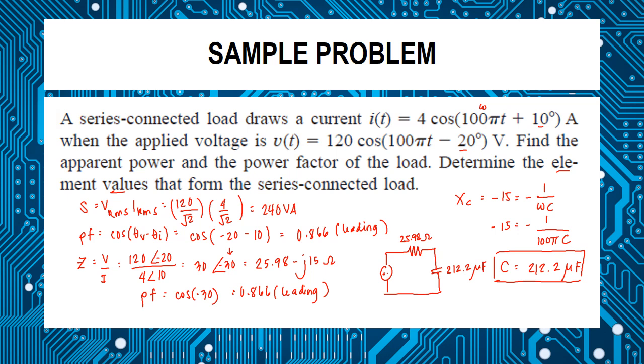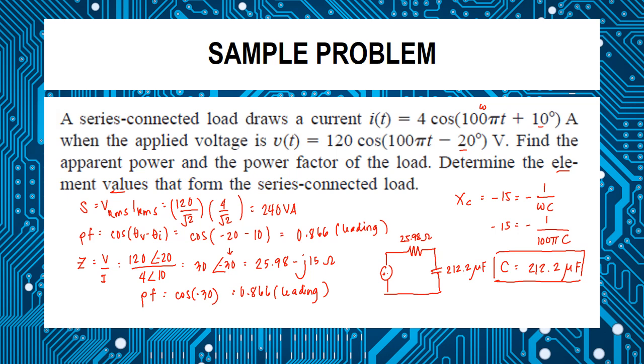And so we have here a sample problem. A series connected load draws a current i of t equal to 4 cosine 100 pi t plus 10 degrees A when the applied voltage is v of t equal to 120 cosine 100 pi t minus 20 degrees. Find the apparent power and the power factor of the load. Determine the element values that form the series connected load. So for the apparent power,